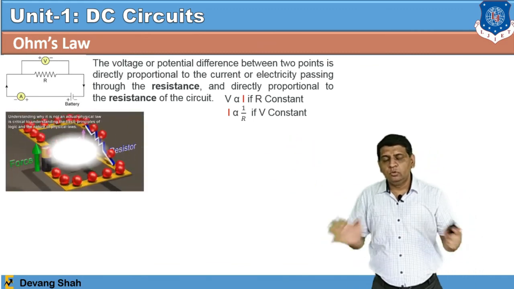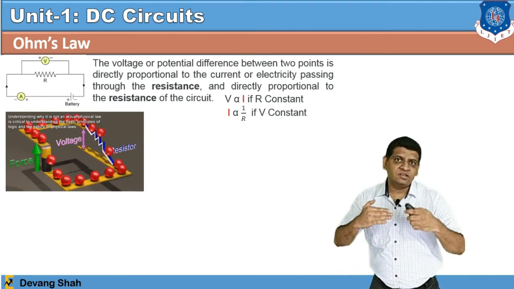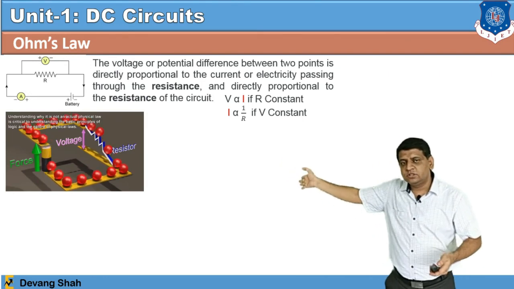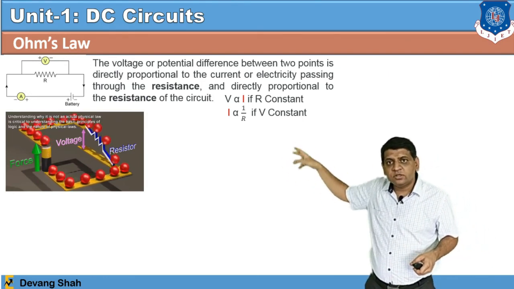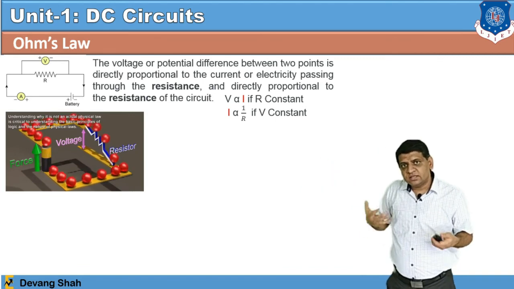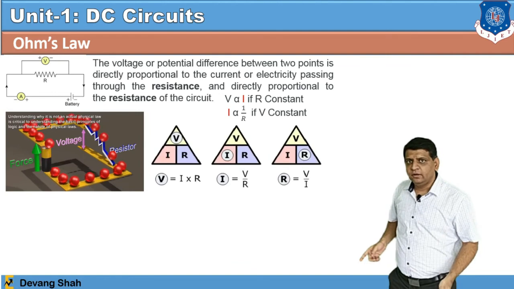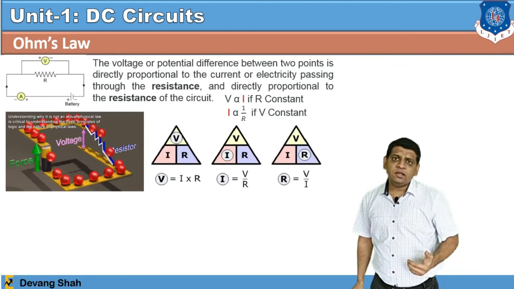So you can figure out all this terminology: voltage is a force, and current is always in motion. In this picture, the red balls are the currents which are continuously in motion, voltage acts as a force, and resistance is your overall circuit path. From this Ohm's law, if you follow this triangle, you can